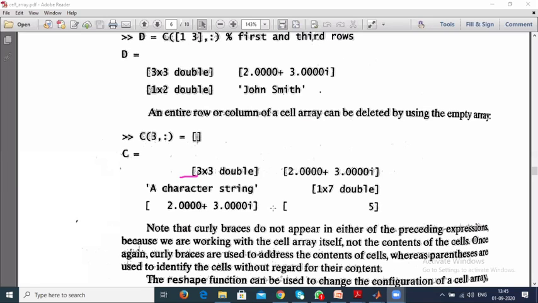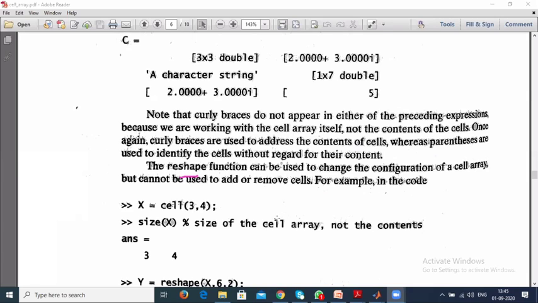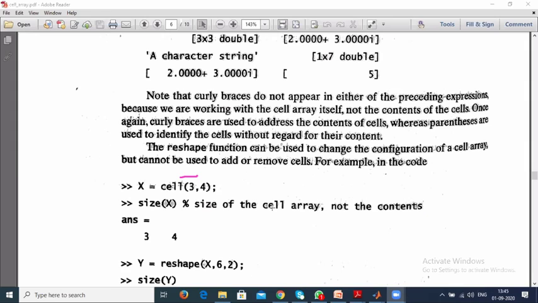Why? Because we have already discussed indexing. Here, cell array indexing is nothing but array indexing. Okay. Just like other indexing, we have a reshape option. What is reshape going to do? It can convert into rows and columns. And what is the main thing you have to remember in reshaping matrices? Tell me. In reshape, what is the most important thing we have to remember?